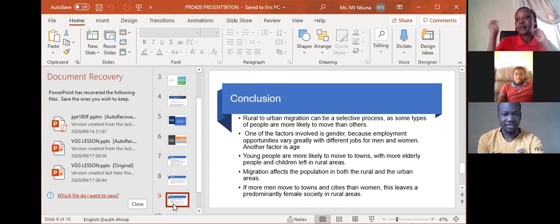Another thing is social benefits and services. Here there are numerous social benefits in